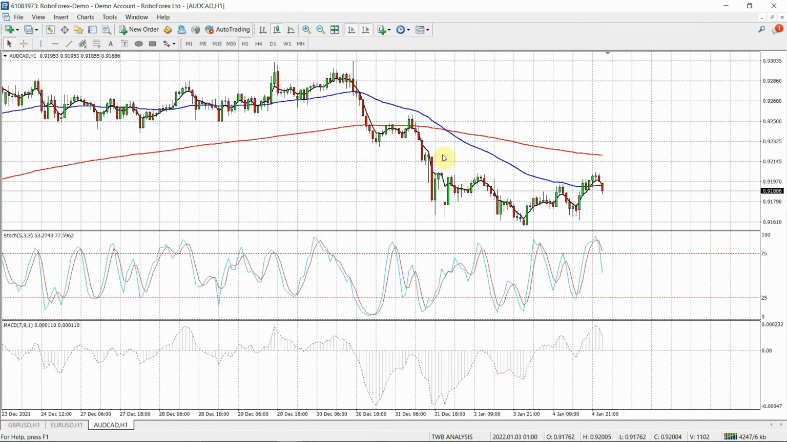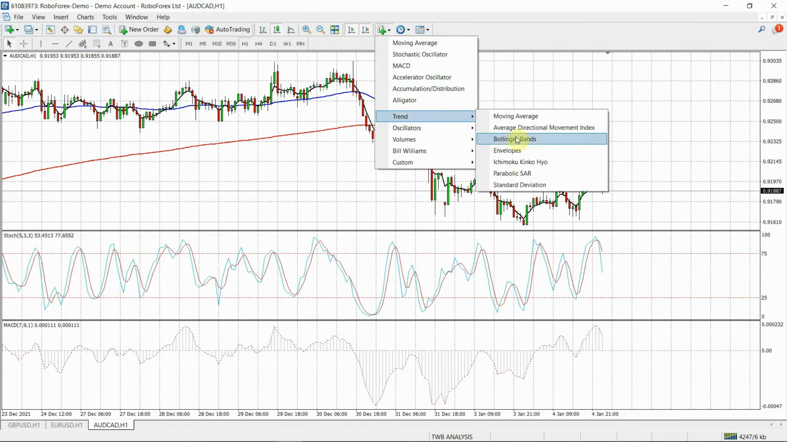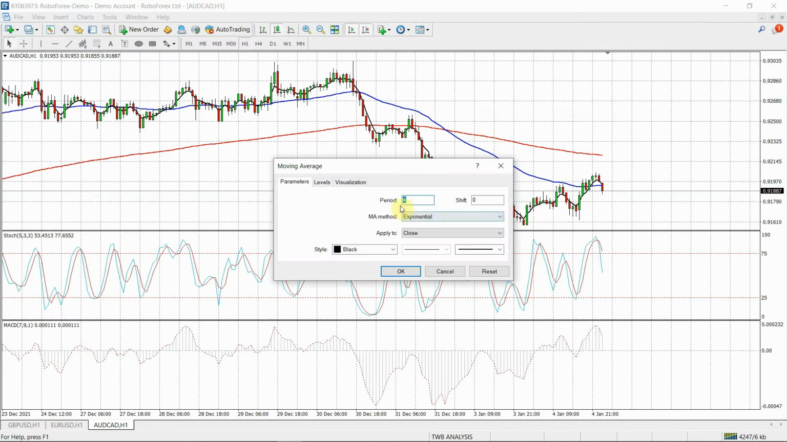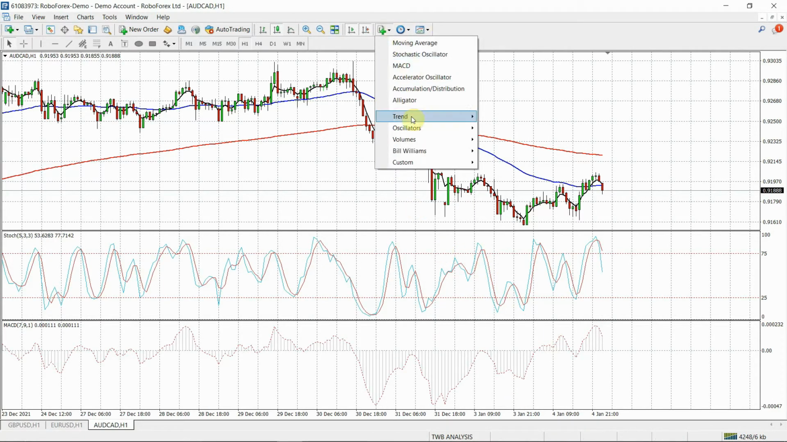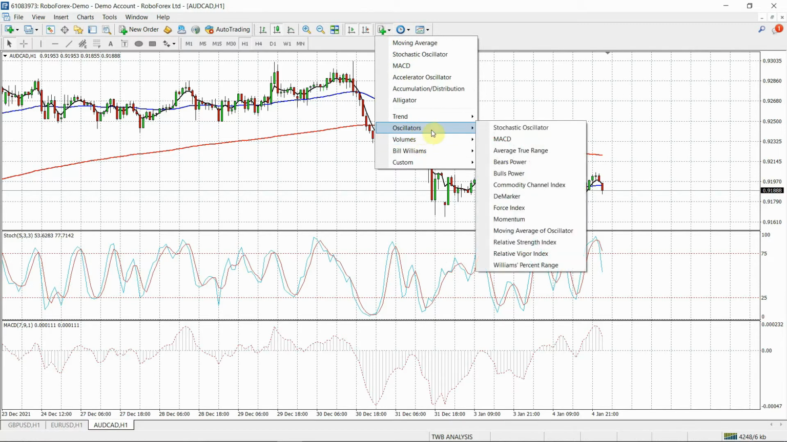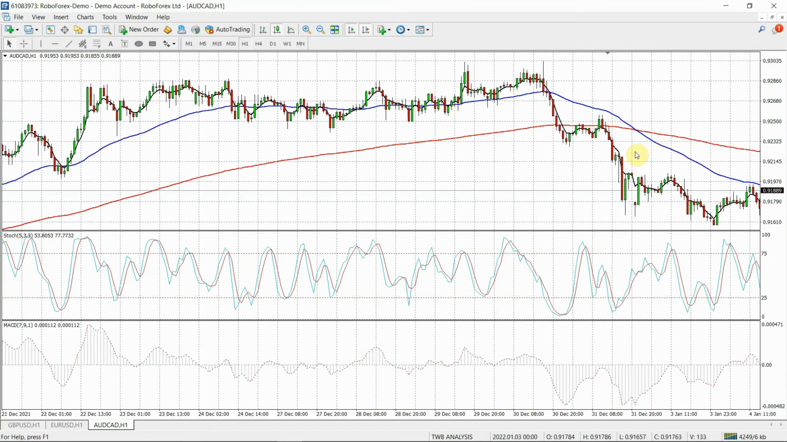You know how to add a moving average. Basically come here to trend and you say moving average. Simply add whatever period you want to add. Then for the stochastics, simply come here and you have oscillators. Then you see a stochastic oscillator. It might not be up here, it could be somewhere down there. So just check there and you'd find the stochastic oscillator